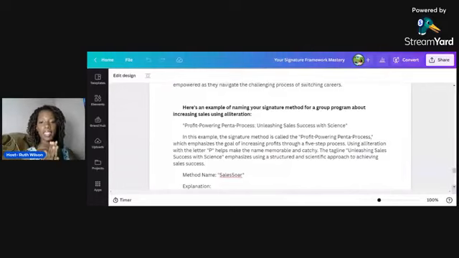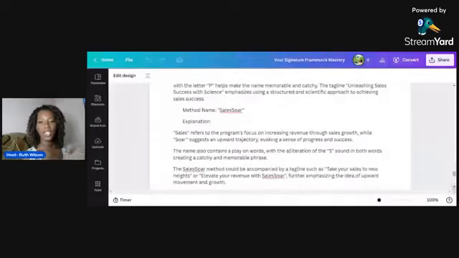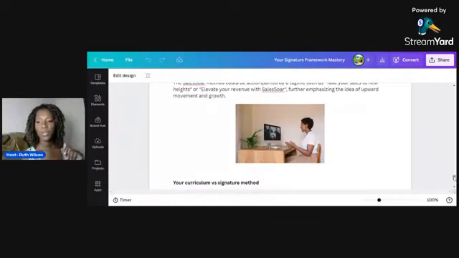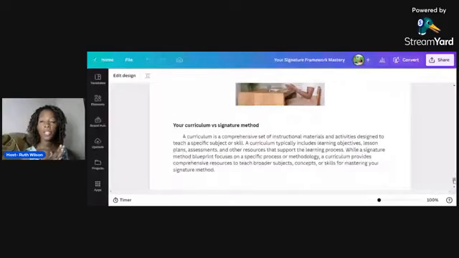And another example: sales soar. There are so many different ways that you can do it. Like, your sales will be soaring and increasing. So the names should be able to give people an idea as to what they can expect in the program. I hope by giving you guys these examples, you're getting a gist of what a signature framework could be and